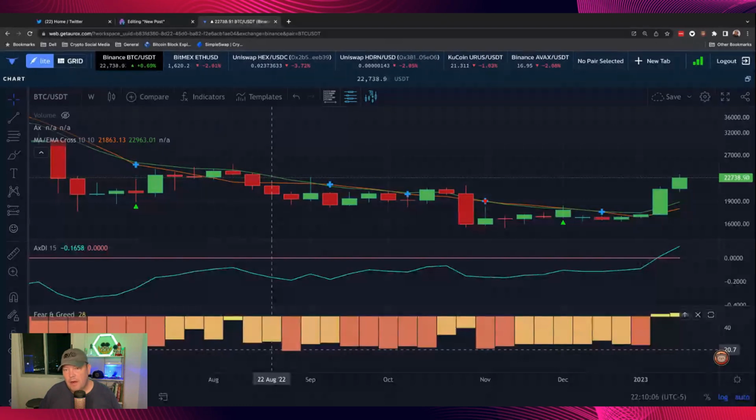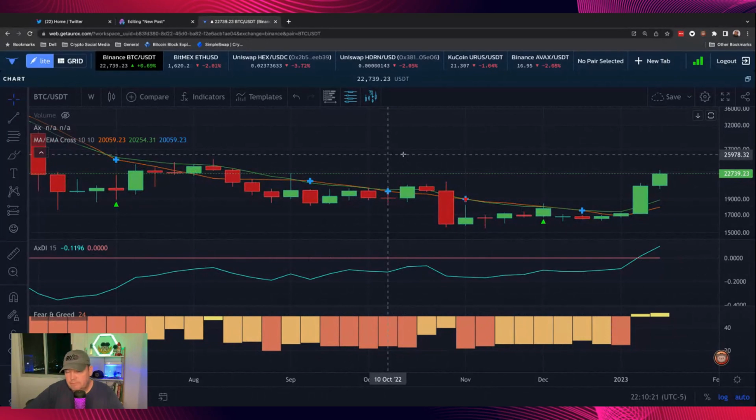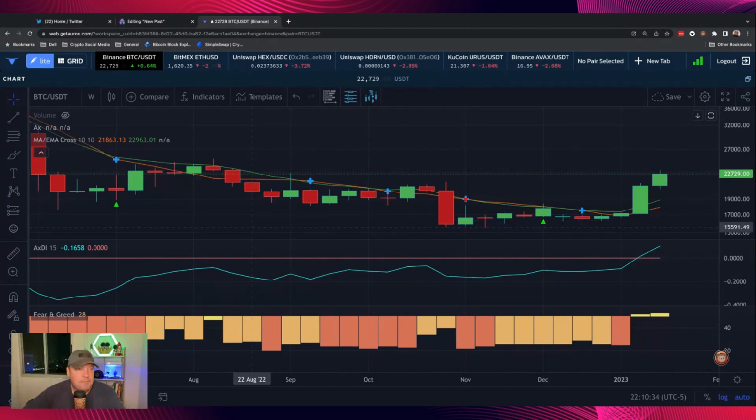This is an update on where I think things are going, based on the prompts given to me by the Aurox indicator, the demand index, and the fear and greed indicator. These are three indicators anyone can use. Just go to getaurox.com and download or just add the website and make an account and you can use it.